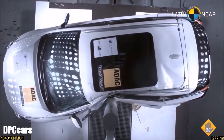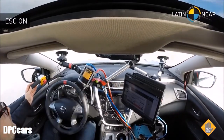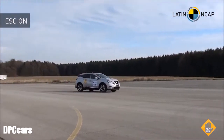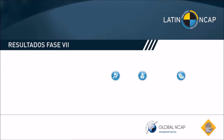We remind you that this car was tested in all the scenarios, including ESC, as we can see, because it was aiming to achieve 5 stars. The ESC is performed with a robot, as you could see, so we are independent from the expertise of the pilot or the driver. As a summary of this last publication of results for phase 7, it's a Nissan Murano,